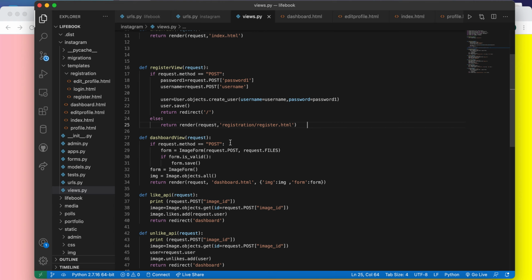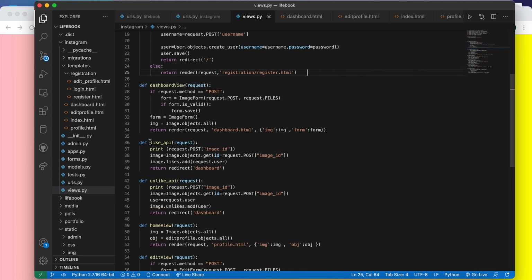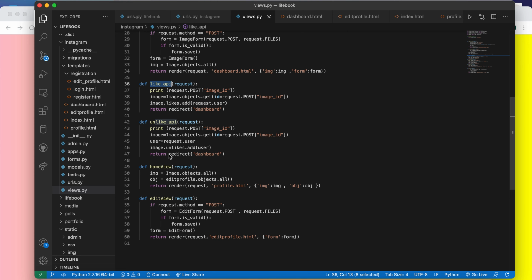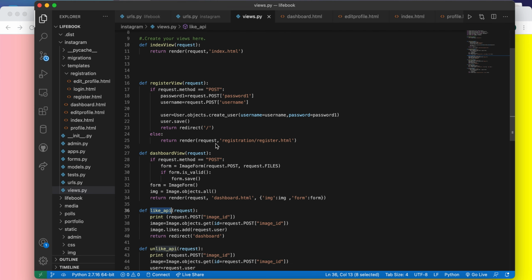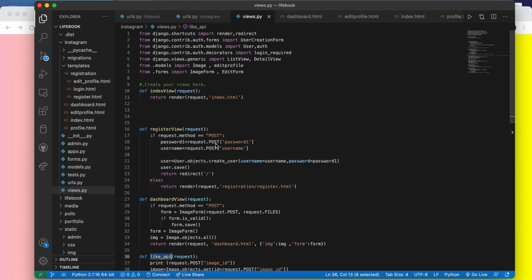So the next thing is I need to show you my templates, right? Like this way only we have written other views as well. These are just names, like API, it's just a name, right? Nothing else. And then this is the home view, edit view, and all these views are written, right? After these views are written, the very easy things are left.